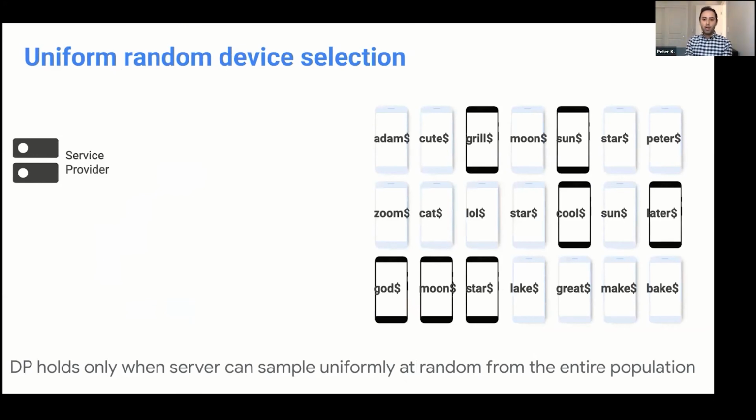Finally, another assumption that I've made in this talk is that the server can sample devices uniformly at random. If you go back to this toy example, I was selecting 10 devices at random, and it was uniformly at random. It turns out that this uniform property is needed for some of our DP proofs to go through. If we don't have uniformity, we believe that we're still going to get differential privacy guarantees, but the math is going to be far more complicated. And again, there's a way to address this issue, and you'll see it in just a slide.